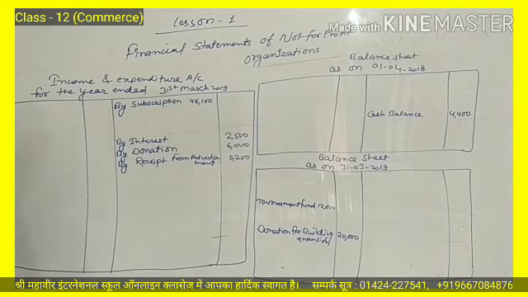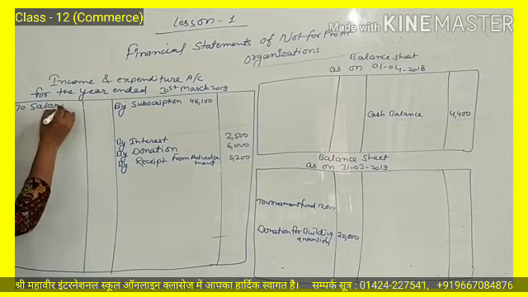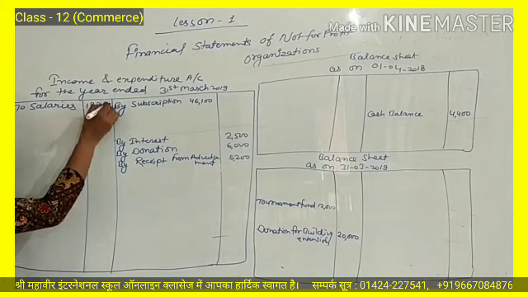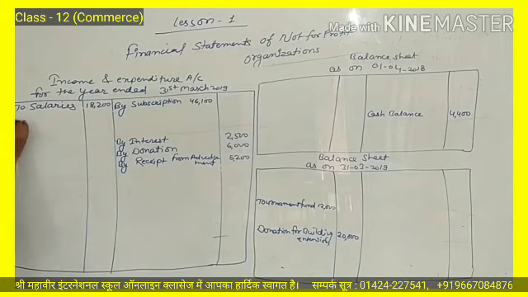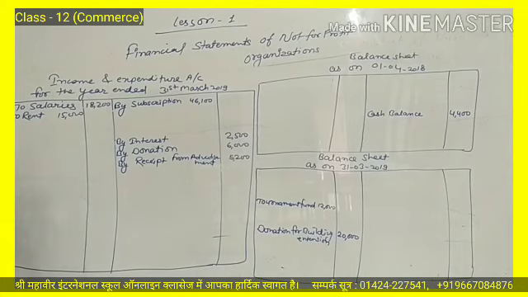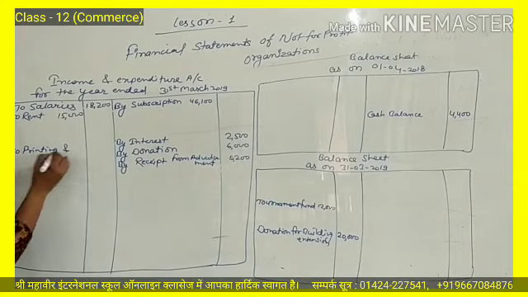Now let's move on to the expenses side. By salaries, there is no additional information for salaries, so write the amount in the outer column, 18,200. Rent, as we read about the additional information related to rent, so just write the amount of rent in the inner column, 15,000. Printing and stationery, leave some space for the additional information and then write down printing and stationery, 7,300.